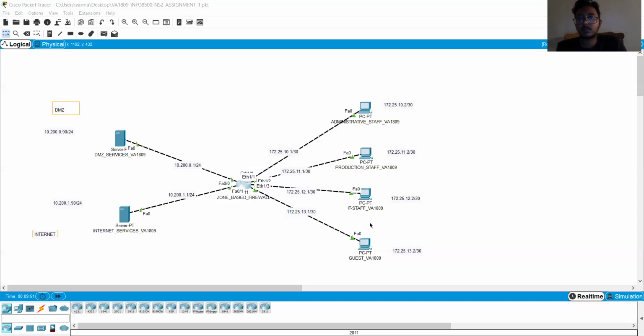To allow permissions, we need these class maps and policy maps, so we embed the class maps into the policy map.